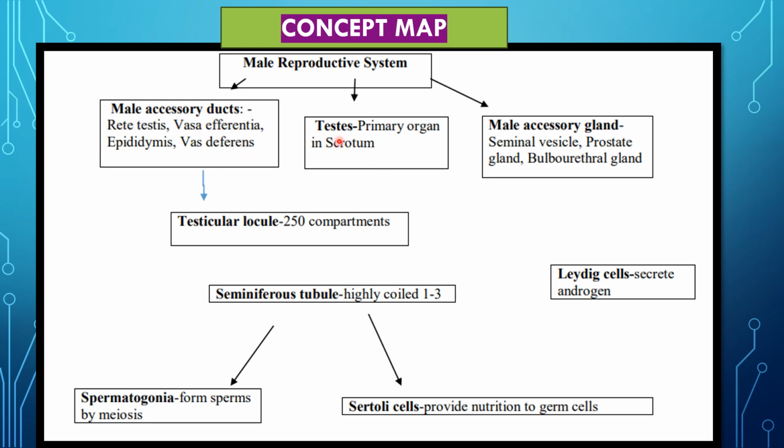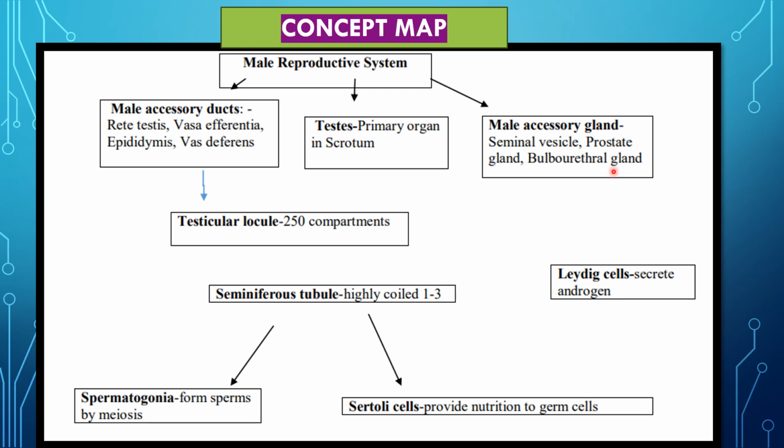Next comes the organ testis, which is the primary organ, which is protected and kept in the scrotum. Next is the male accessory gland. What are glands? Glands are organs which produce certain chemicals. They produce hormones which are transported through ducts. So here we have three different kinds of accessory glands: the seminal vesicles, the prostate gland, and bulbourethral gland. What are the three different accessory glands present in the male reproductive system? Seminal vesicle, prostate gland,